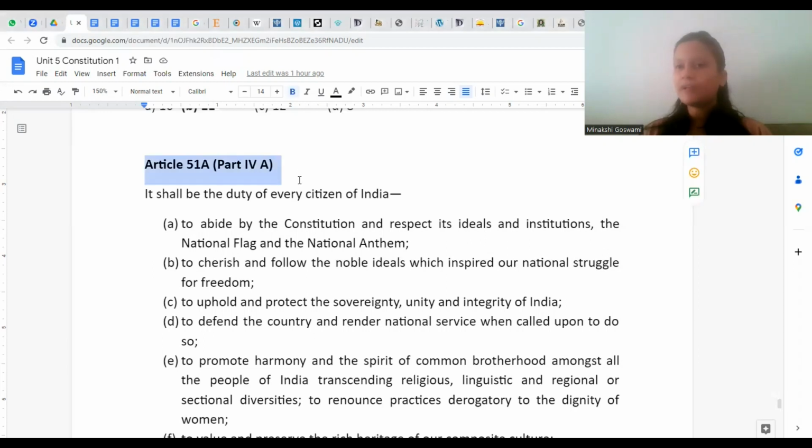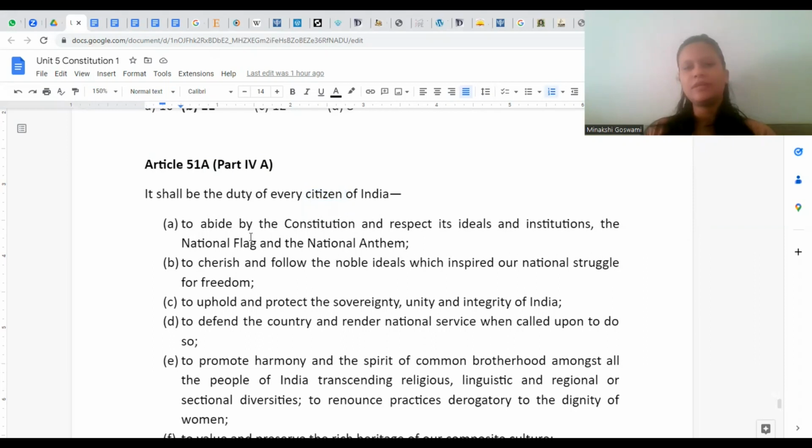But when we talk about fundamental duties, they are applicable only to citizens of India. So only citizens of India are expected to perform these duties. Again, fundamental duties are non-justiciable. Even if we are not following these duties, a case cannot be filed against us saying that it's a violation of Article 51A, Clause A or something. But yes, a case can be filed if there is a legislation in line with this fundamental duty. If under a legislation we also have similar duties, then a case can be filed.